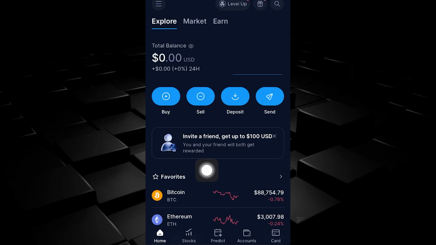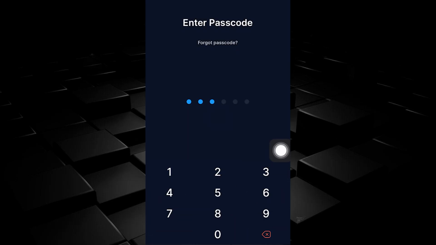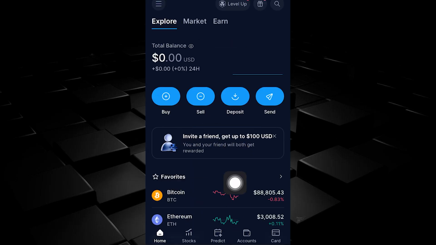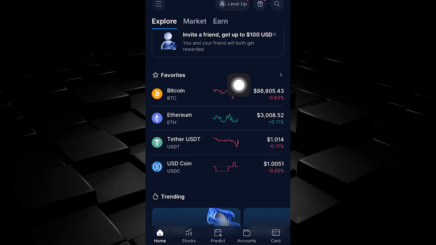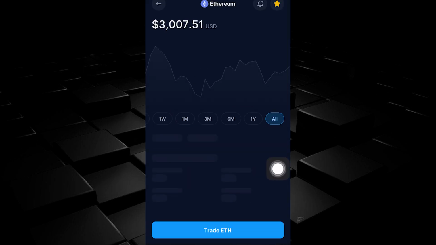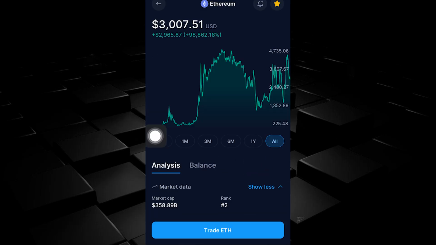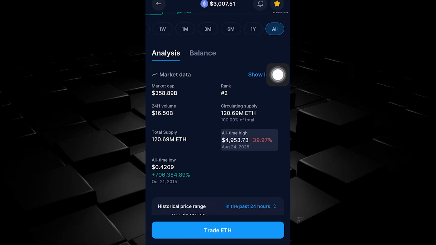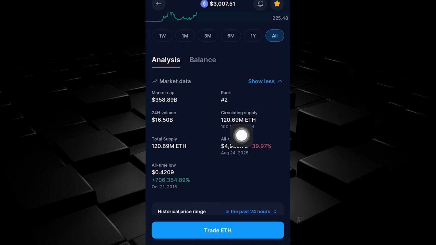Simply put, in order to do this, you want to open up the crypto.com application on your smartphone or mobile device, and it's quite simple as you can see here. Go to the home tab on the bottom left hand screen and click on ETH or Ethereum. As you can see, Ethereum is in an uptrend. Now once it's been loaded on crypto.com, if you want to transfer the ETH or Ethereum from crypto.com, as you